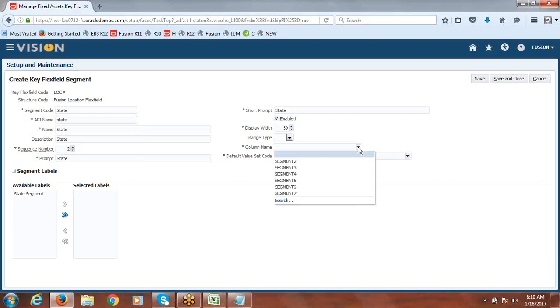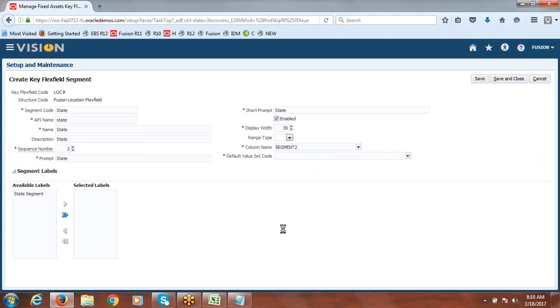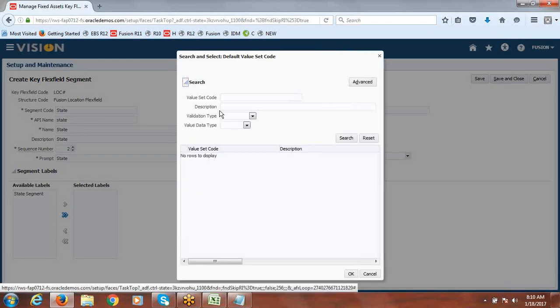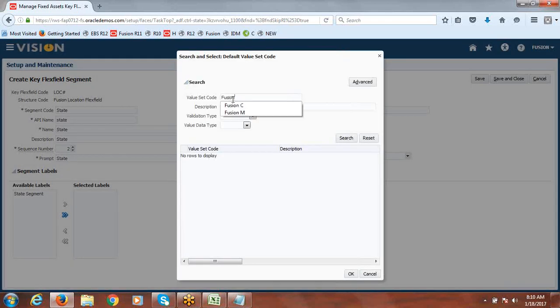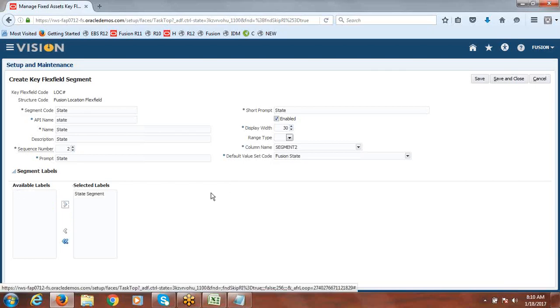Select column name as segment 2. Supervision state. We know for the segment state we can assign this label to track the property tags, state level and all. That purpose we may assign this and say save and close.